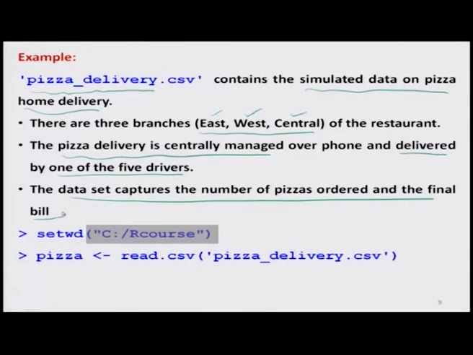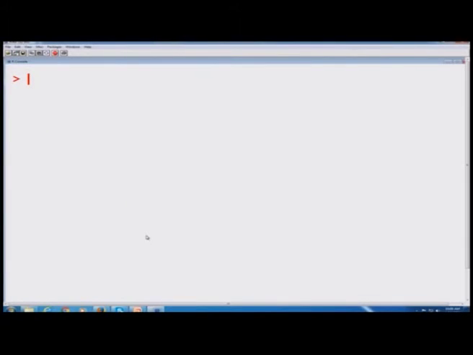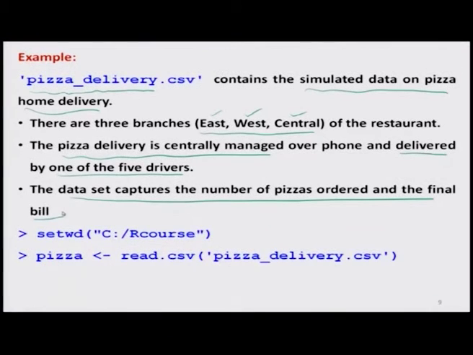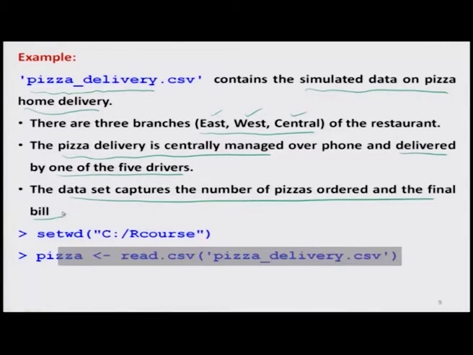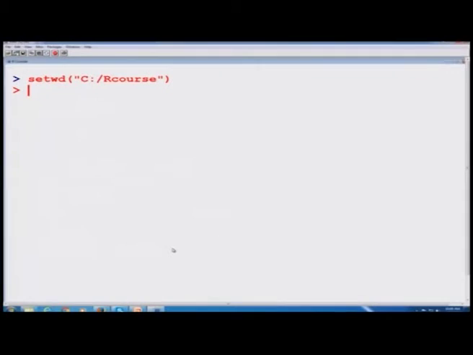You remember the first thing in order to load a data set is that we have to copy it in a specified directory, and we have to set the working directory that we discussed earlier in the lecture. By this command setwd, I can locate my file, and whatever my file is, I am going to denote by the name pizza.